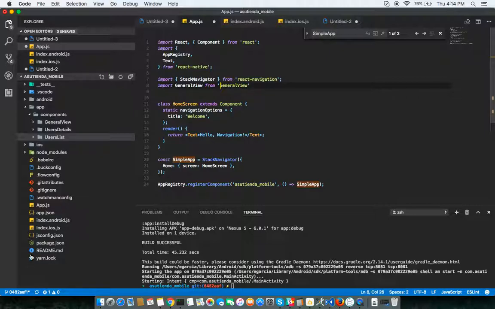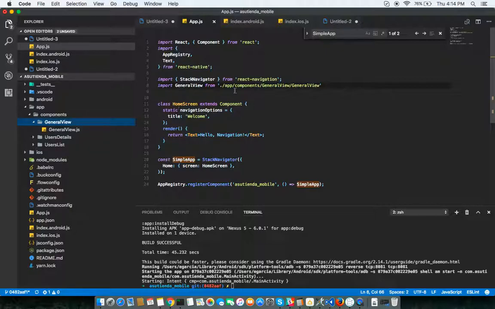So we are here inside app.js, so we have to go to app components. Yeah, general view folder, general view component. Yeah, that is the name of my component. And basically here I have the screen, home screen, and this home screen is going to render, is going to return